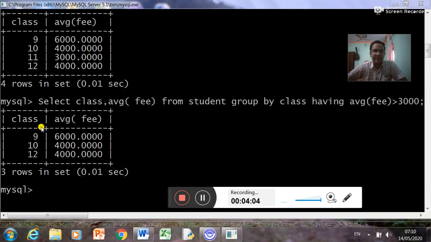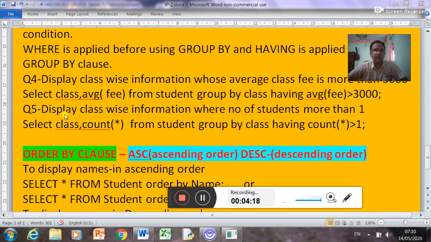So this is the output of the query: class ninth, average fee this, and the condition was greater than 3000. So all the values are greater than 3000. You can check here. Now take one more example. Display class-wise information where the number of students is more than 1. So we want class-wise information, but the number of students in that class must be more than 1.